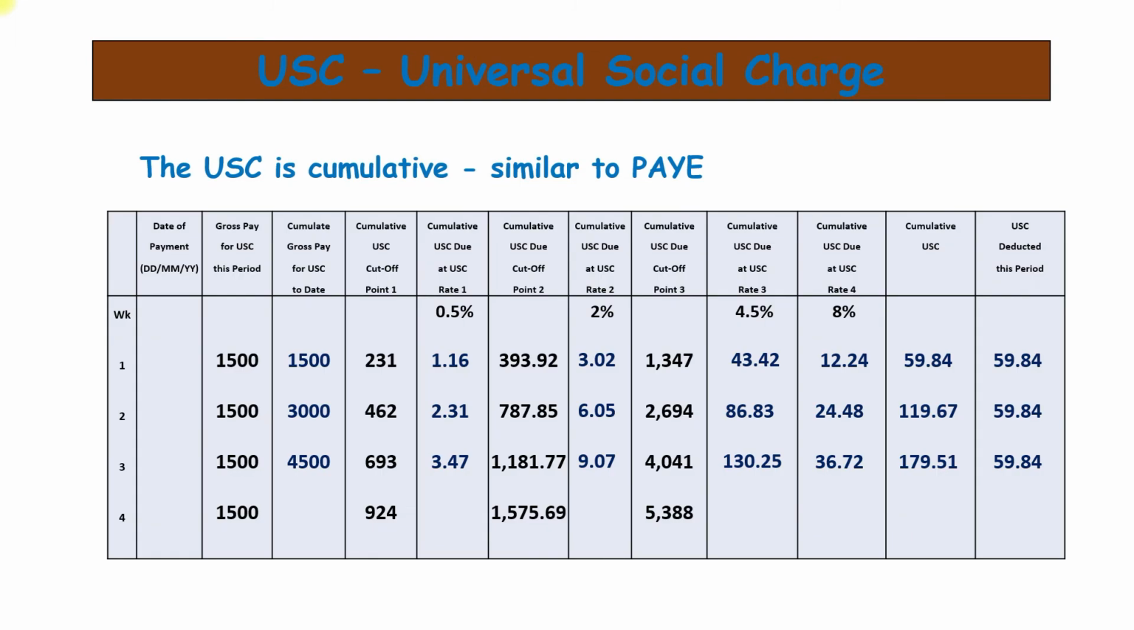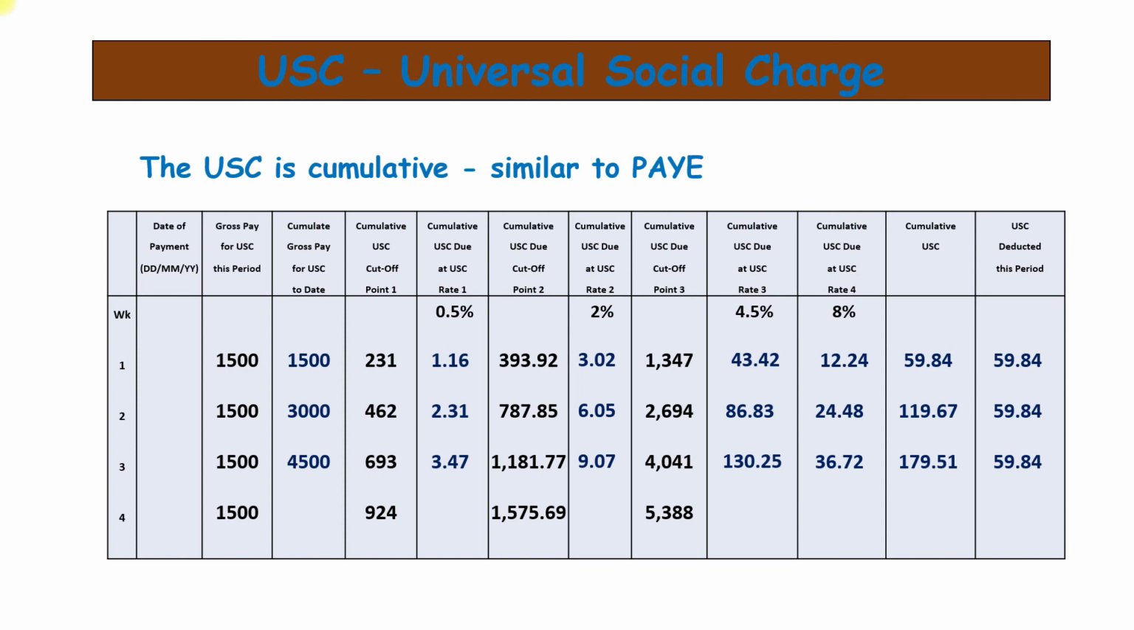The USC is cumulative, so in the second week the gross has doubled, as has the cutoff points. We get 0.5% of 462, 2% of 764.38 minus 462, and 4.5% of 2,694 minus 764.38. We use the cumulative gross for rate 4, so 3,000 minus 2,694 by 8%. When we add up the four amounts, we get